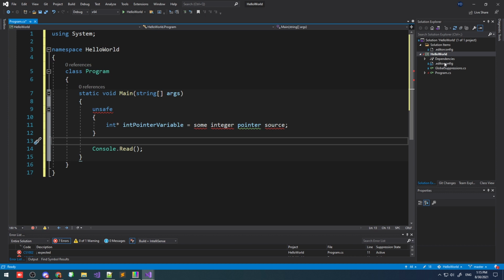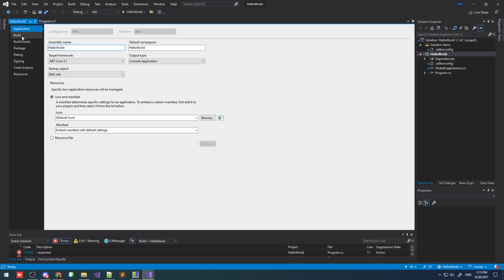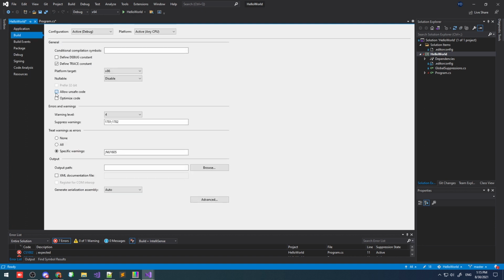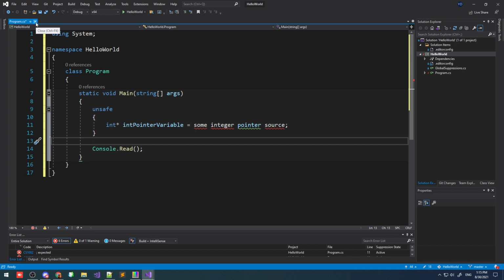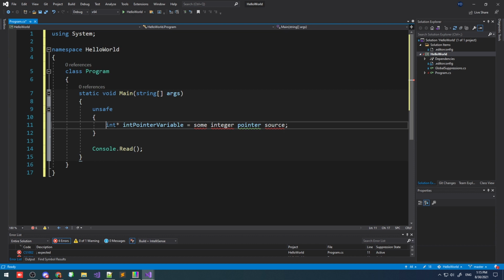We also need to go to the properties page of our project, and in the build section, check the Allow Unsafe Code option. Anyway, back to our code, this int pointer is not guaranteed to actually point to an int. It could point to a char, double, or just random memory.